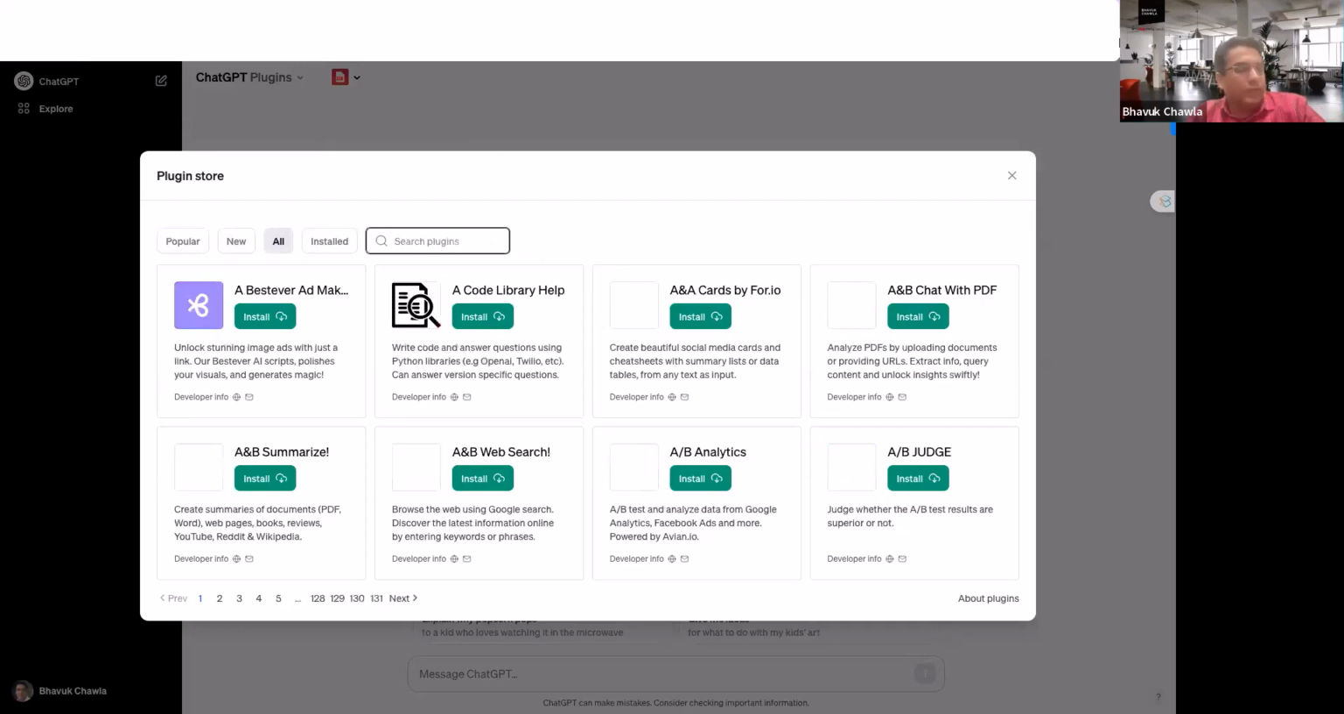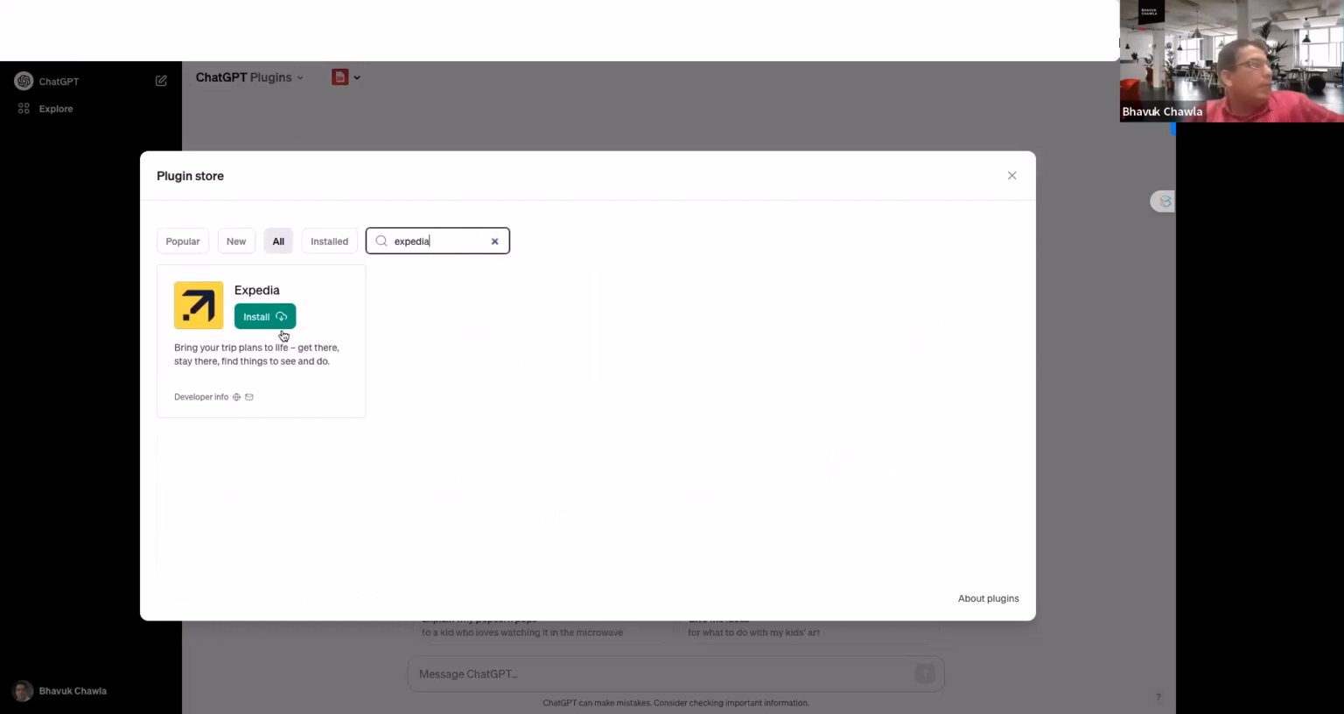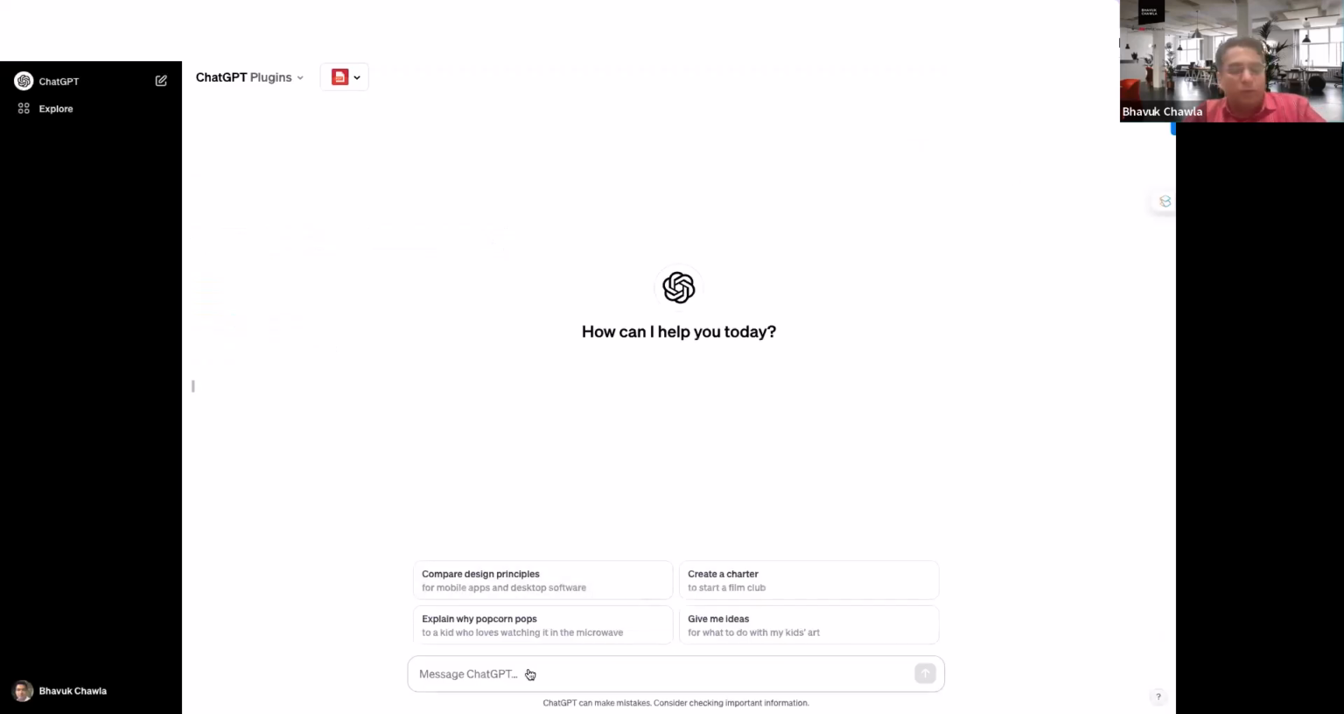Maybe some plugin related to travel domain. So there is a plugin for Expedia, so you can plan your trips. You can get the latest pricing of the tickets, because ChatGPT is trained on a data set till a specific time period. So let's say I want to find out who is PM of, or who is president of